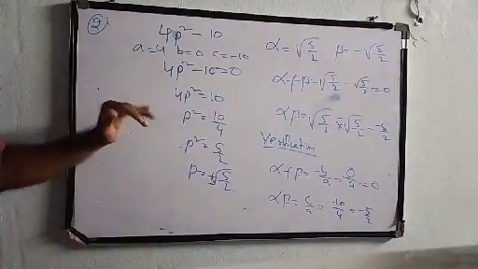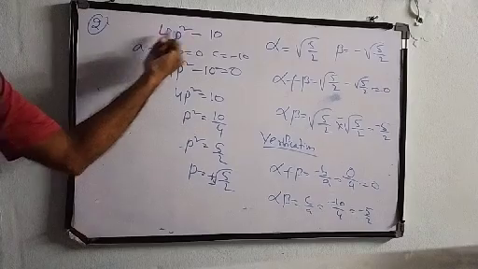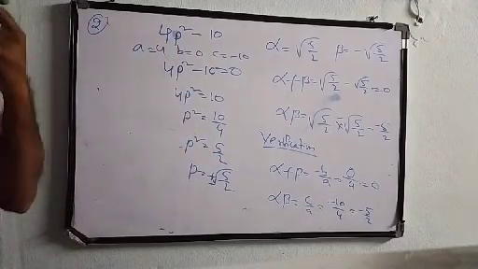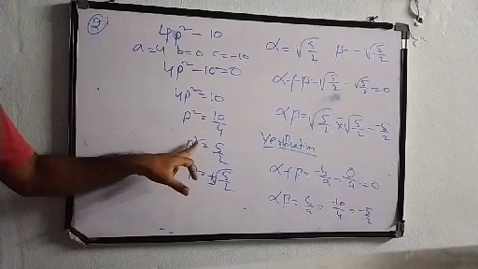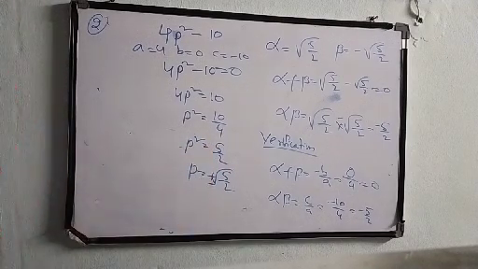So whenever a quadratic splitting is there, if there are only two numbers, then we can take common and do it. If there is only a number and a variable, we can directly transpose and find. Make sure that when transposing the square, it will become plus or minus root.